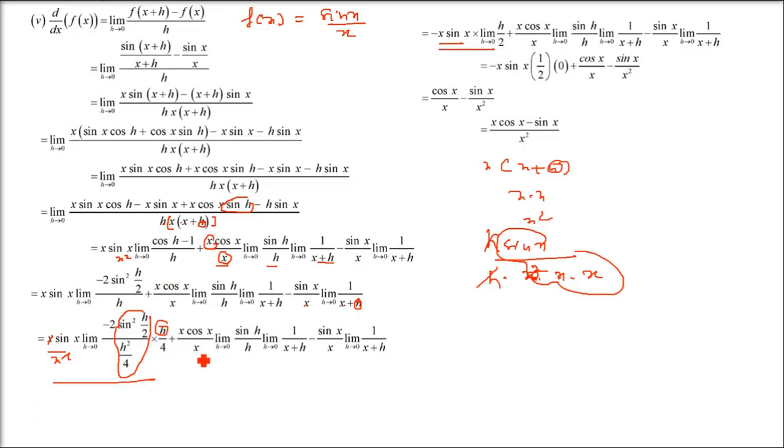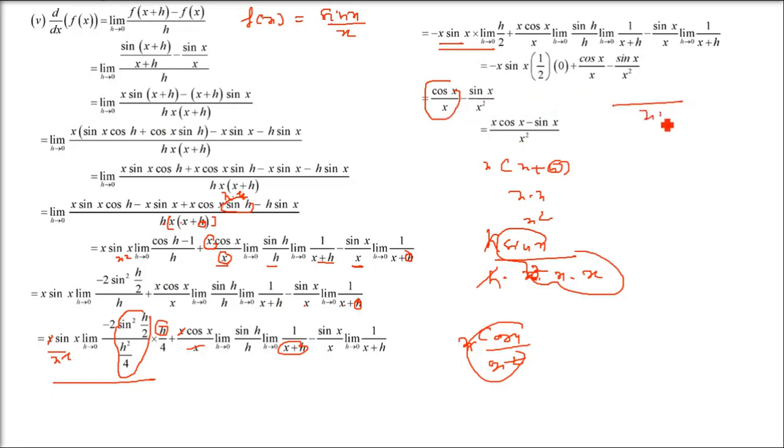What about this x cos x by x? X cos x by x, as I said, x gets cancelled, you get only cos x. And sin h by h, limit h tends to 0, is going to be 1. And 1 by x plus h is 1 by x. Or even if you take h x square in the denominator, you have cos x by x. Sin h by h is 1. Either you take 1 by x plus h or 1 by x square, it's the same. And this one, sin x by x. And as I told you, x plus h, you can take h as 0, or sin x by x square. So you have sin x by x square and cos x by x. So cos x by x minus sin x by x square will come.